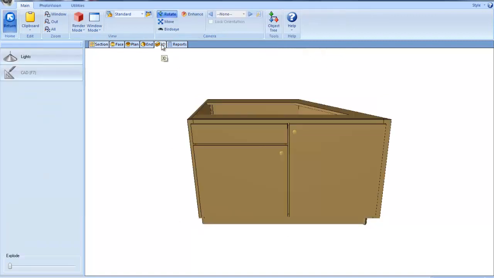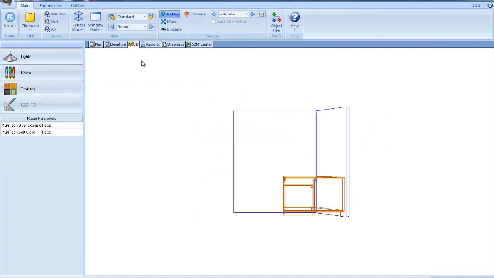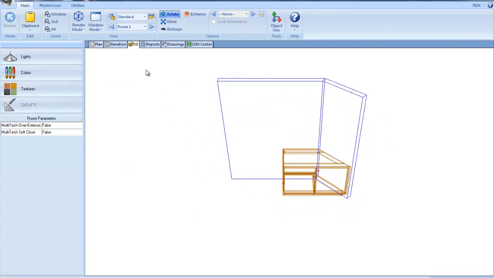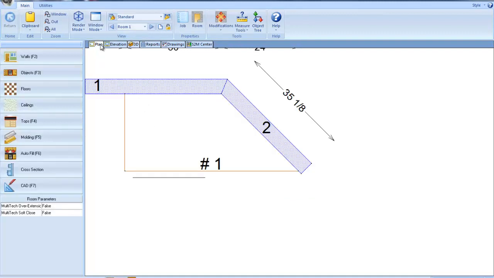So this is a corner vanity, and if you go back out to your room level and look at 3D, and let me render this for you, you can see that this vanity filled in perfectly to this interior wall. So that's a way that you can shape from the room level if there is a need for that as well. Okay, the next segment is we're going to go into the editor